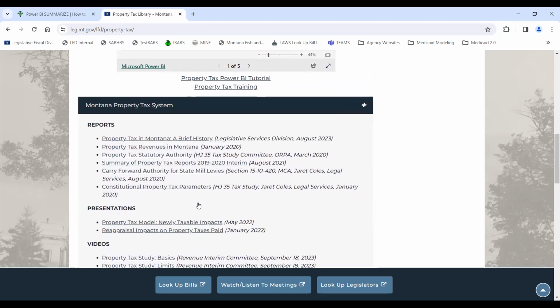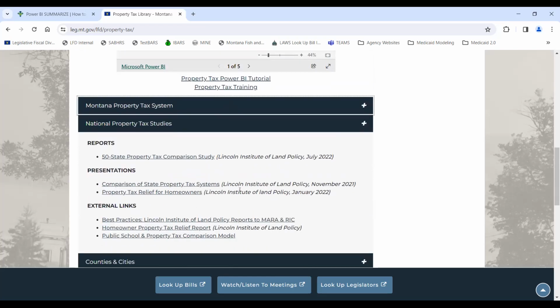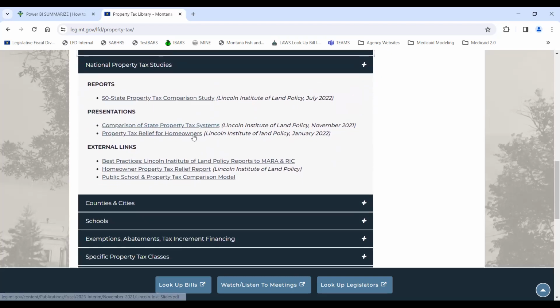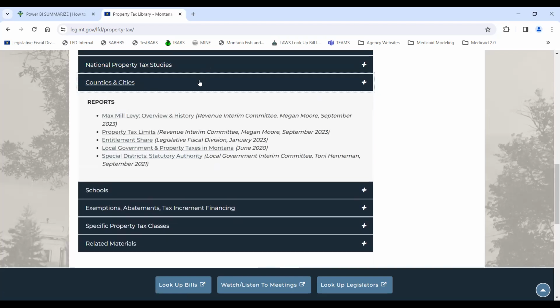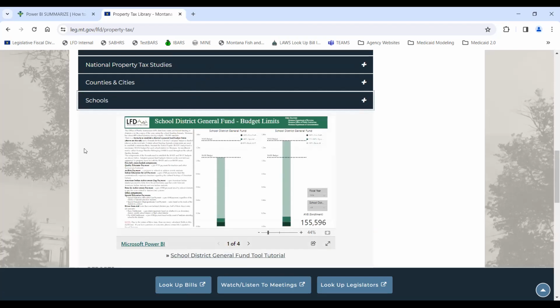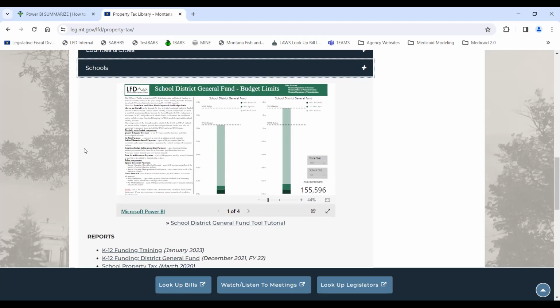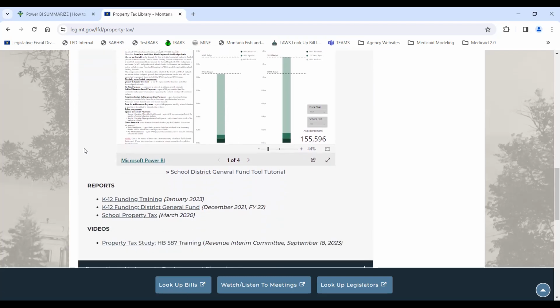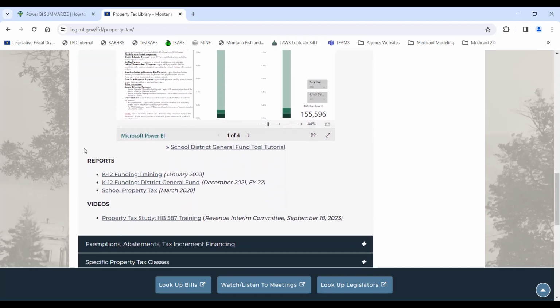The next tab down, we have national property tax studies, mainly from the Lincoln Institute. Then we have some specific information on cities and counties, so local governments. There's also some information specifically on schools. And as you see, there's a school-specific tool here that we'll go over toward the end of the training today. The other thing I'll note, if you're looking for information on House Bill 587, there is a video from the Revenue Interim Committee in